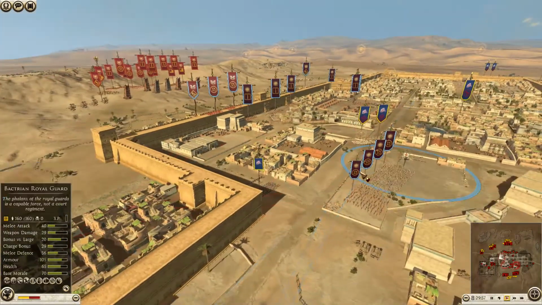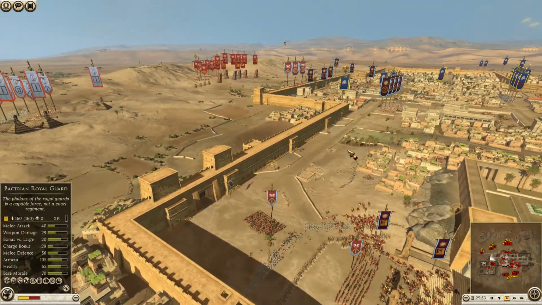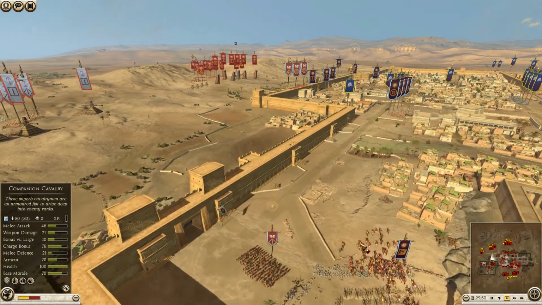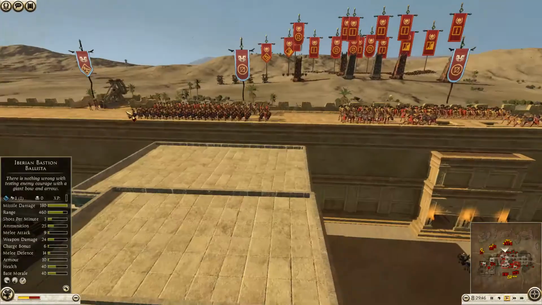He might just use it to help defend the streets. Buffer up the defenses a little bit there. Not entirely sure how he's going to be able to use that. I am seeing this over here. I'm not entirely sure